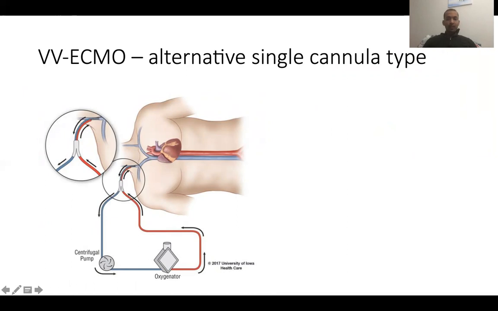And that would be an example of a VV ECMO with two catheters, right? One in the IJ and one in the femoral vein. Whereas here, in the past few years, we have come up with a single cannula only in the IJ, as I showed you a few slides before,